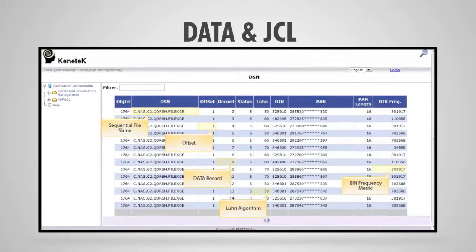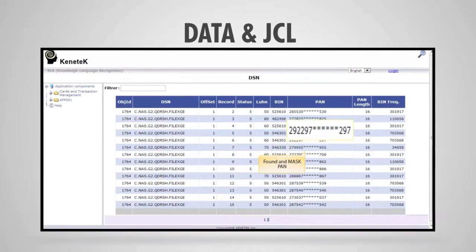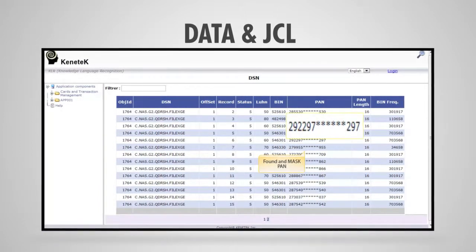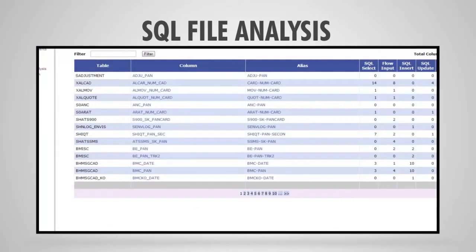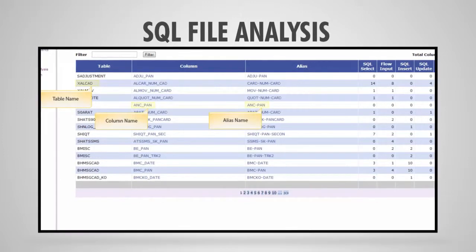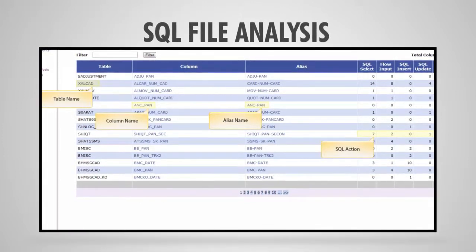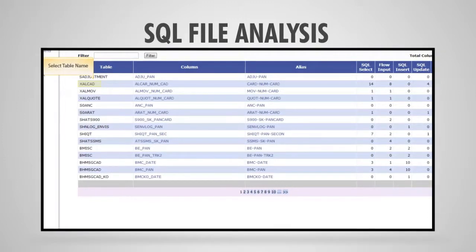Each PAN can then be located by the user in his files thanks to the precise coordinates given, offset and row. Selecting the SQL column view, the user is able to identify the columns where sensitive data is stored inside databases. The view shows a list of impacted columns, the table to which they belong, and the SQL operations done